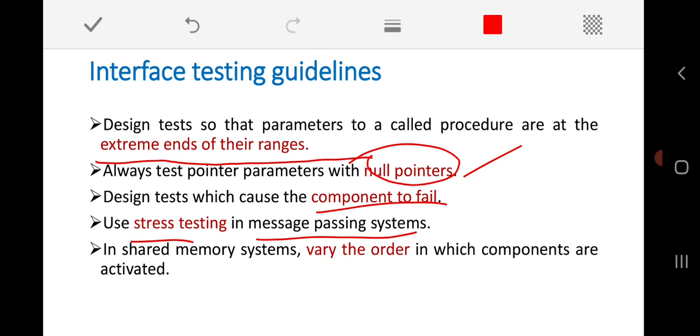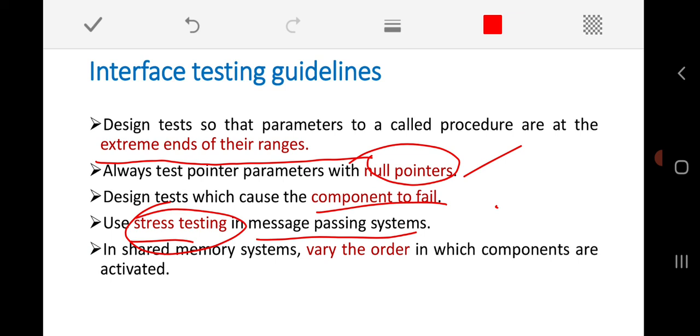Always go with the maximum range of transactions or message passing. The number of service requests that you might be sending from one component to another, you should go on increasing and go beyond that particular cutoff. That you can call stress testing.